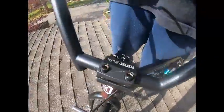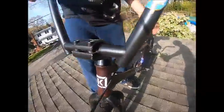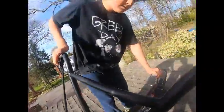Anyways, I got this Kink Bold HID 50mm stem, 50mm reach. Got this integrated headset, which is really loose. Just because it's telling you, it doesn't mean it's loose, right? Moving this way. We got